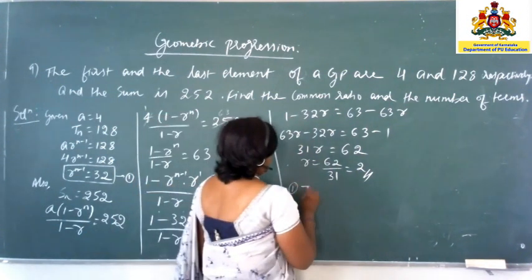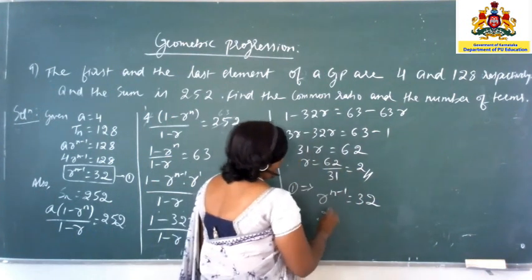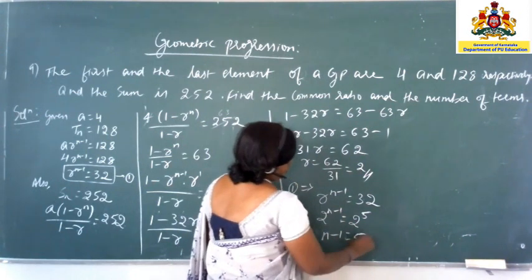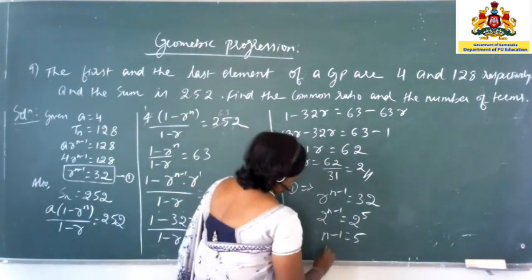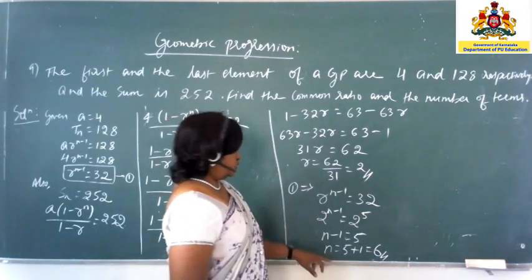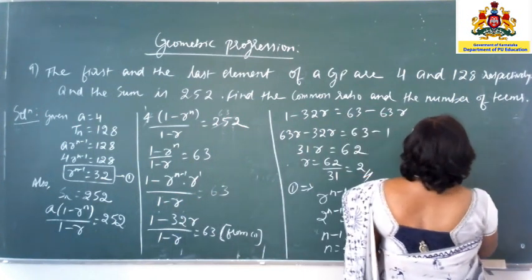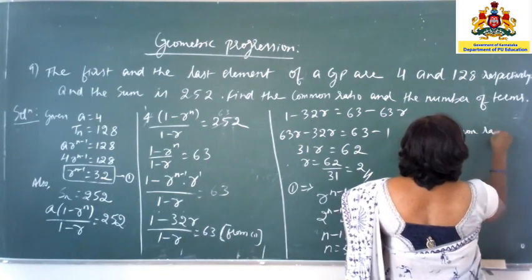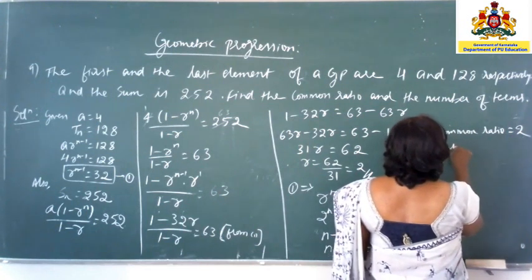So from 1, r to the power of n minus 1 is equal to 32. So 2 to the power of n minus 1 is equal to 2 to the power of 5. Since the bases are same, powers will be equal. So n minus 1 is equal to 5, so n is equal to 5 plus 1, that is equal to 6. So what is the common ratio? Common ratio is equal to 2